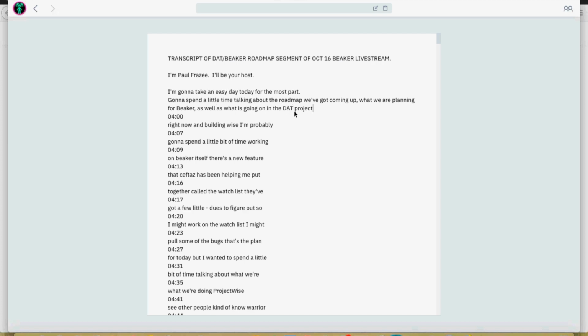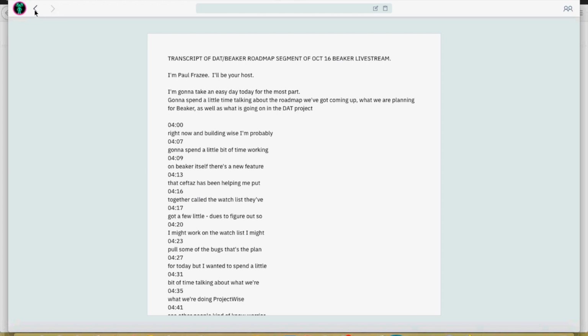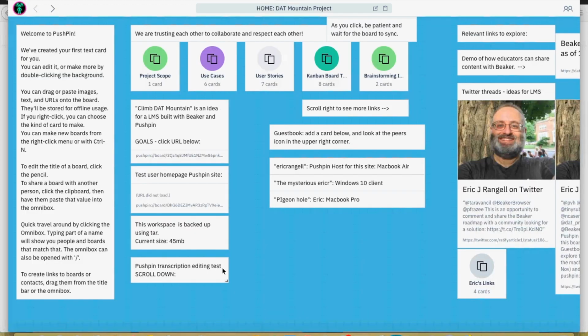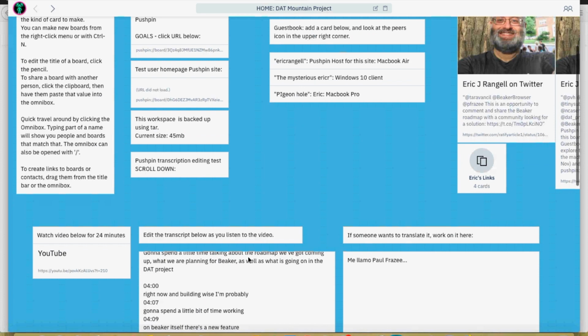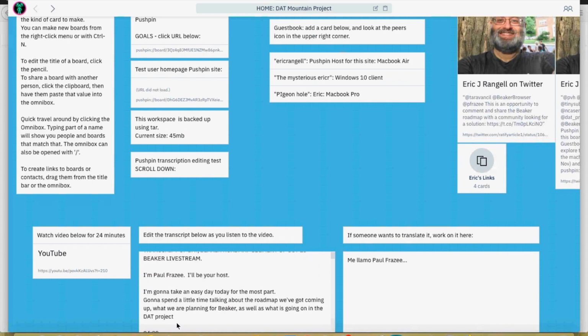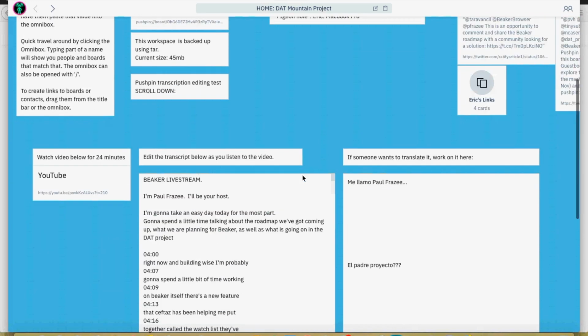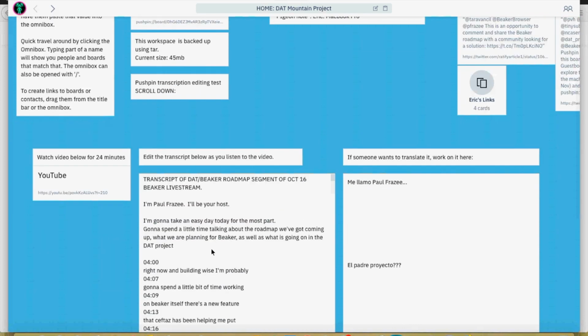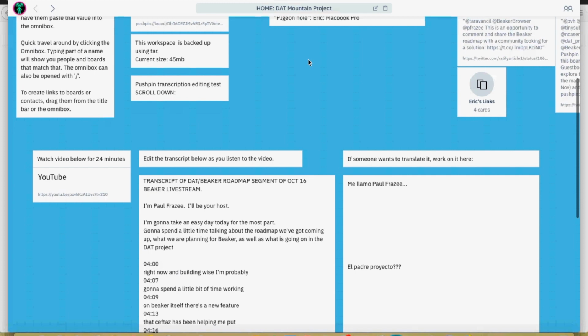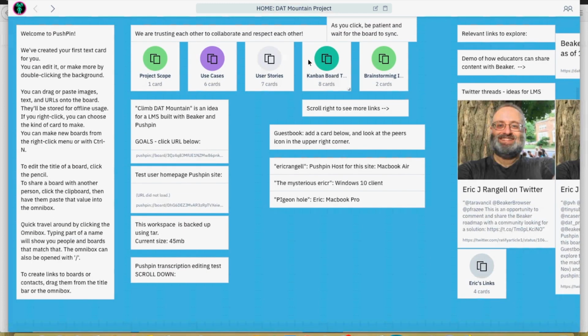Okay, let's just put a return here, and then this back button brings you back to your board, and you can see the new text is in here. So people can be collaborating simultaneously on this text, and I could test that if I went to another machine and typed in the box. Okay, so I want to walk through the rest of how I'm using this for a project